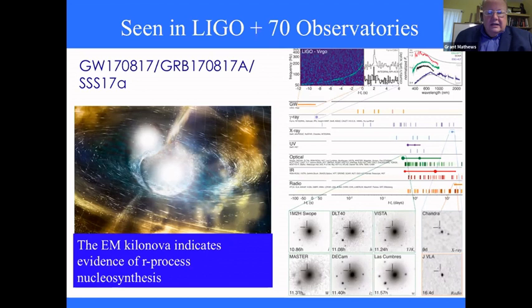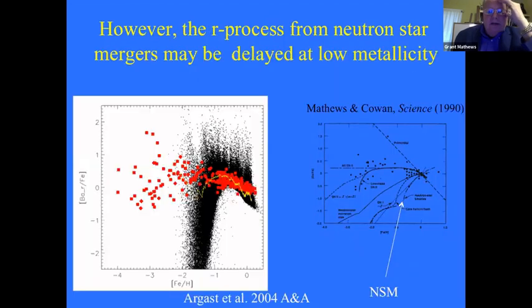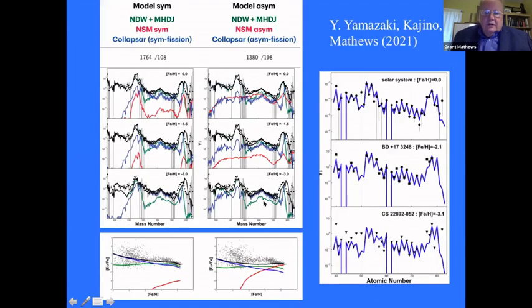Okay, what I wanted to talk about, Taka already brought this up, so I'm just going to mention the delay time for neutron star mergers, and Taka showed the work on the metallicity dependence. If you try to fit the metallicity distribution, we noticed this way back in the 1990s, you actually needed a separate component of very massive stars, which we now attribute to the collapsar contribution in this paper with Yuta Yamazaki.